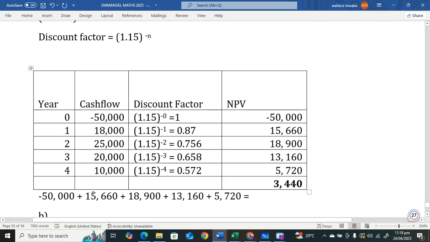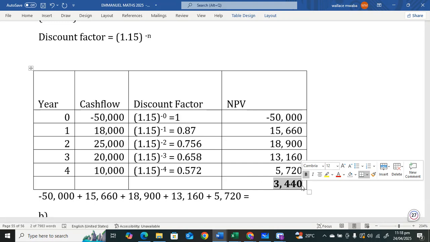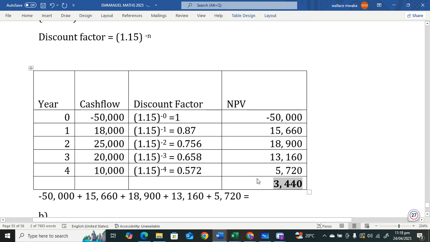When you add these numbers, you get a positive 3,440. Okay. A positive